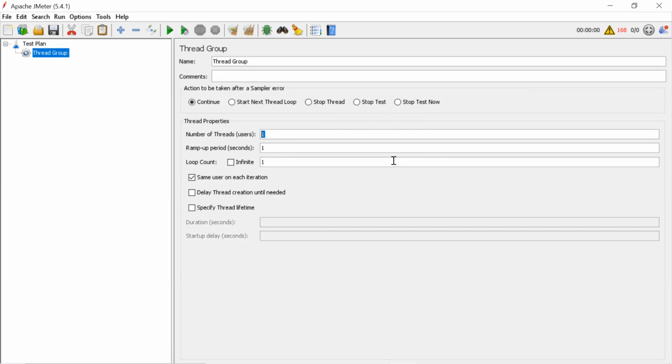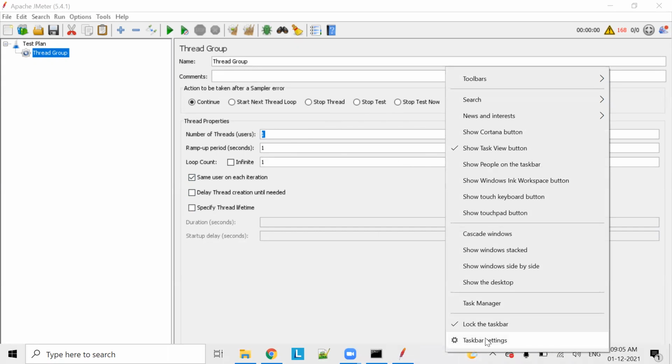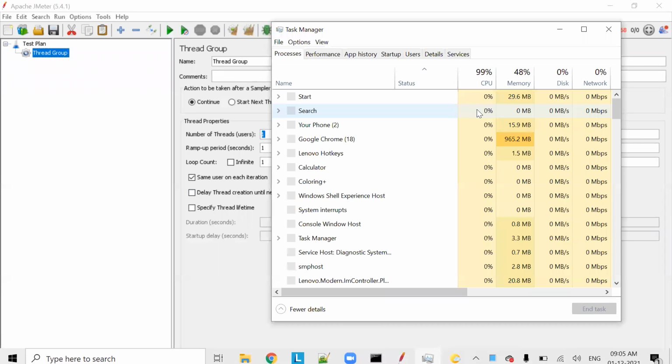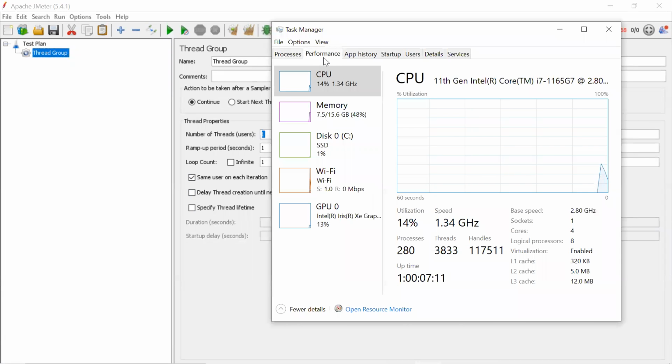Okay, so let's go to task manager. Let's check this memory. You can see right now memory is 49% free, and it is 7.6 out of 15.6 GB. When I run with 100 users, 200 users, you can see this memory consumption, because otherwise it can't simulate; it needs some resource to simulate the user. That resource is nothing but the RAM or memory of the particular system where it's running.